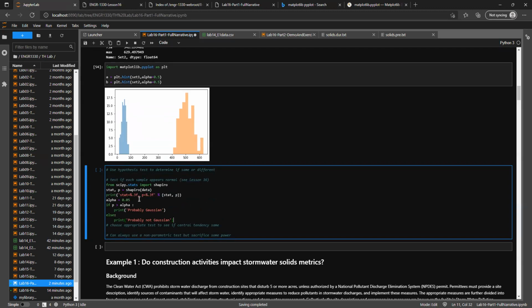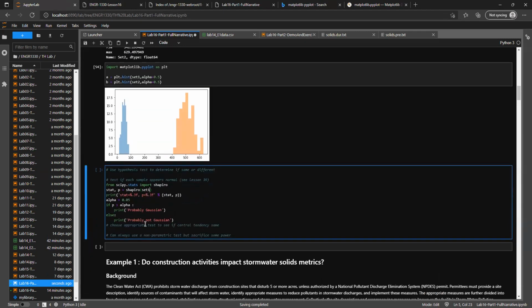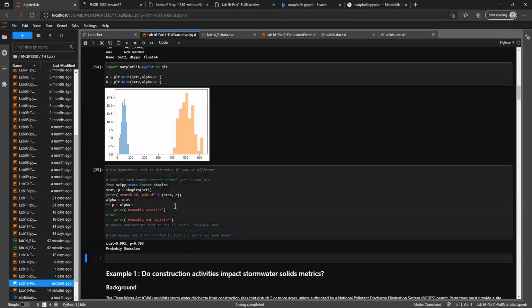So let's do this one at a time. Our first piece of data is set 1. Let's see, do I need to change anything else? I don't think so. Okay. So